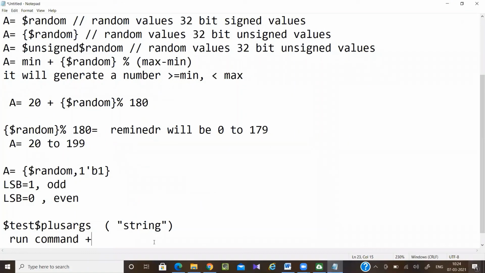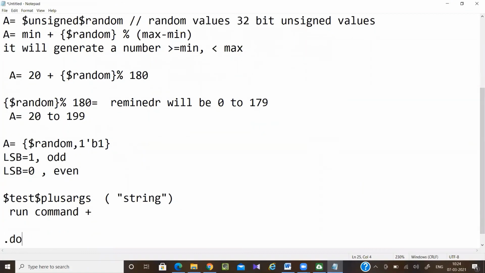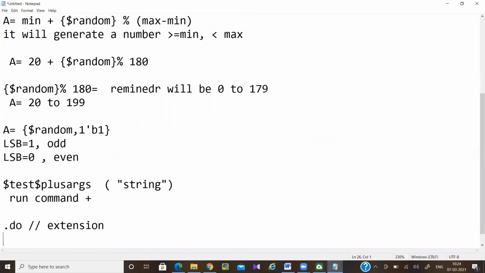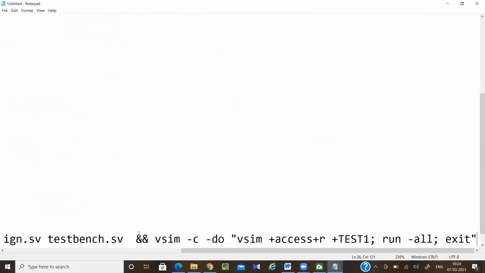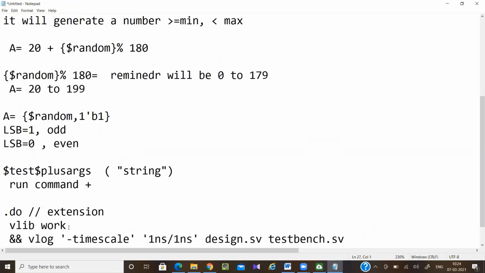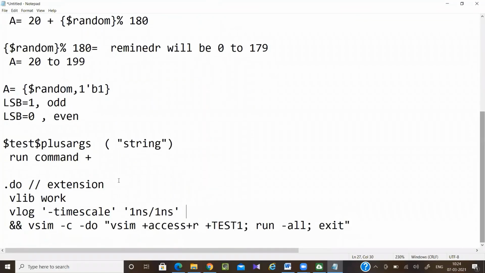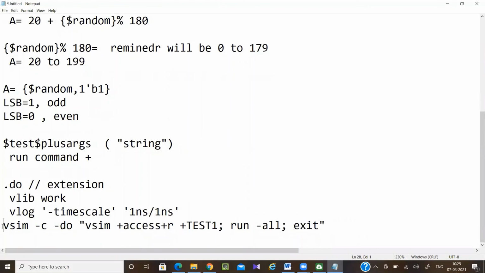You have to write one file. That file name should have the .do extension. Now this command you have to write there. So this is the work mapping library, and vlog is for the compilation. Then vsim is for the run command. This one is your run command.